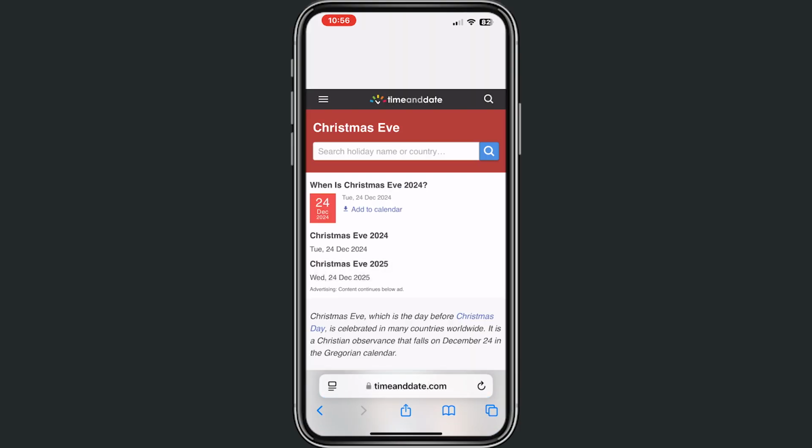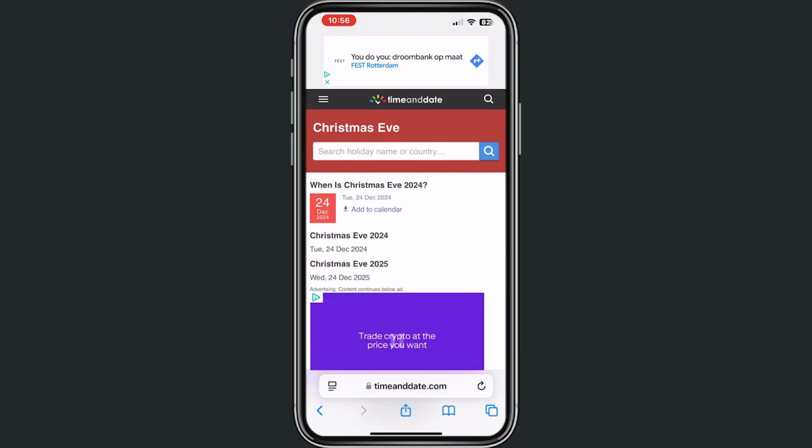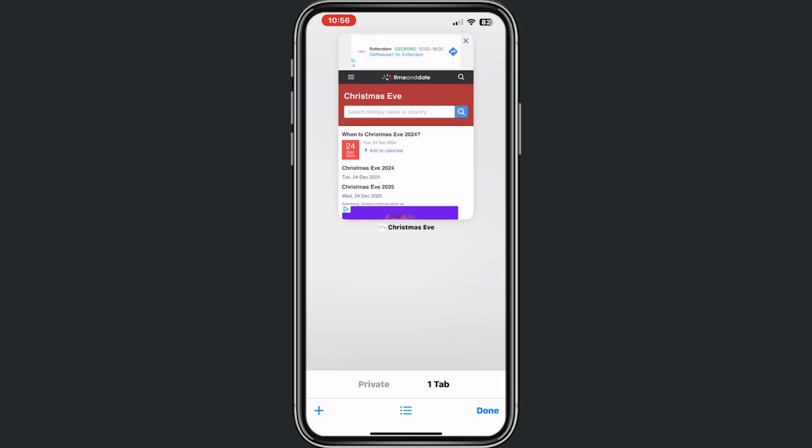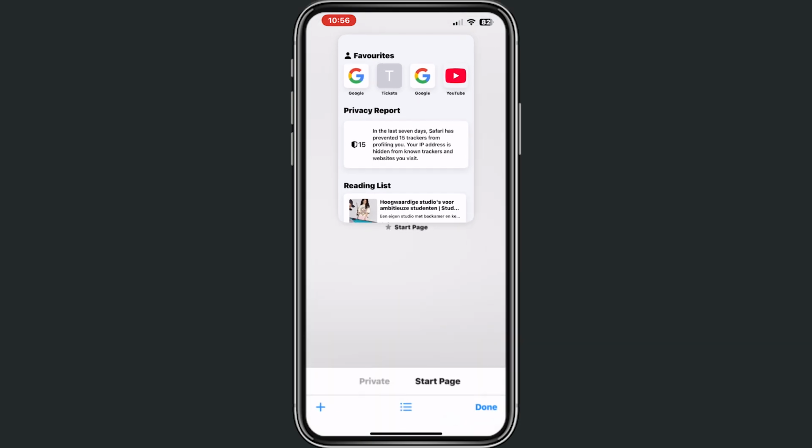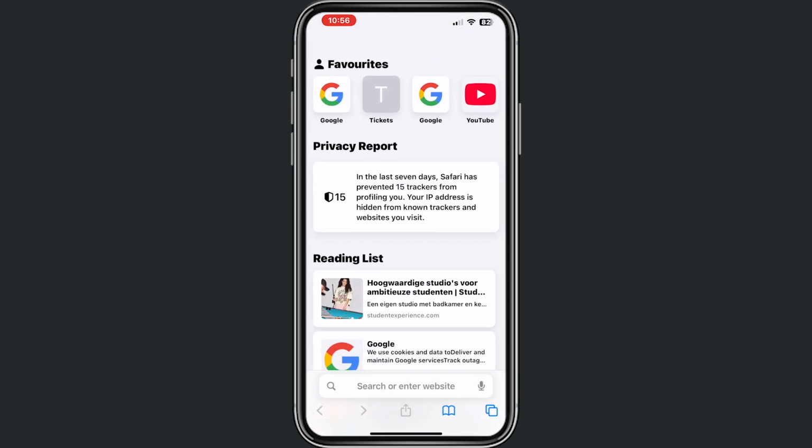let's say this is totally random, but right now we want to close this application or tab. Now let's say we click right in the bottom, click this one away, and right now if you can see the tabs are gone. Now we want to get this tab back, so what we're gonna do now is click